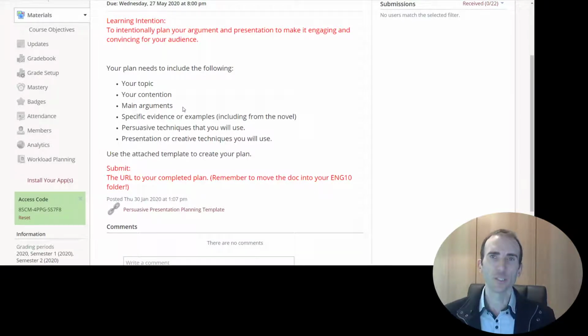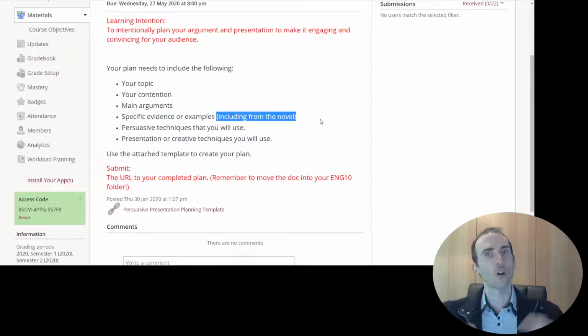Each of your main arguments, if you're thinking like an essay, your main points, your point paragraphs, your body paragraphs, I guess I should say. What specific evidence or examples are you going to use to support your argument? And make sure you do include some things from the novel. You've got to be linking it to Kill a Mockingbird,